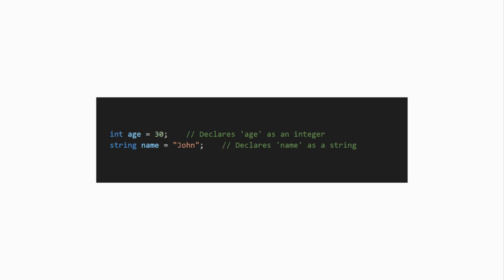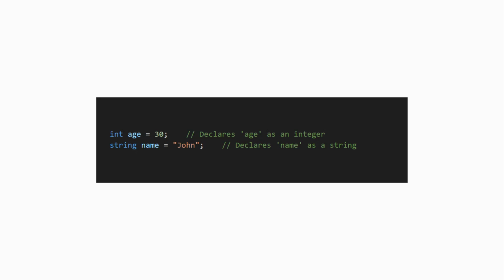For example, when we write int age equals 30, we're saying that the variable age will store an integer and only an integer. Similarly, string name equals "John" declares name as a string. This static typing provides type safety, which helps prevent errors by ensuring that we only store the correct type of data in each variable. Static typing makes your code more reliable and easier to debug, especially as your programs grow